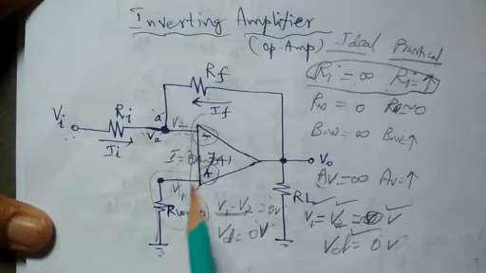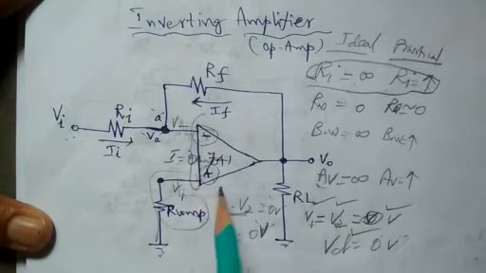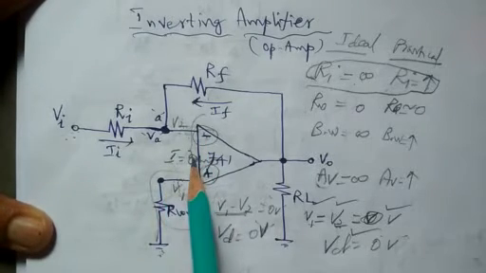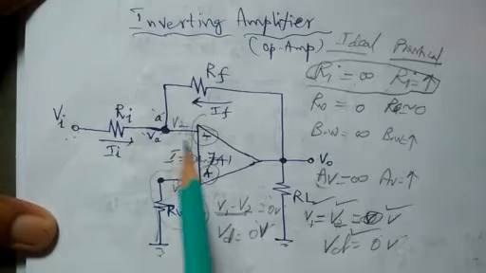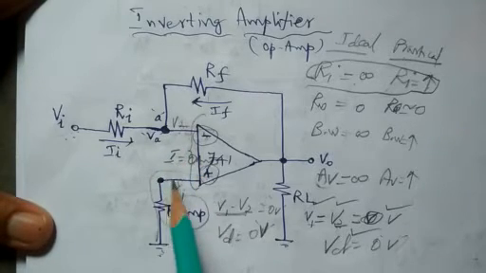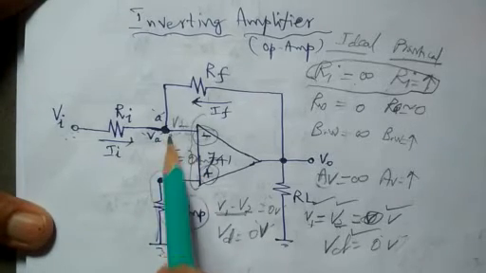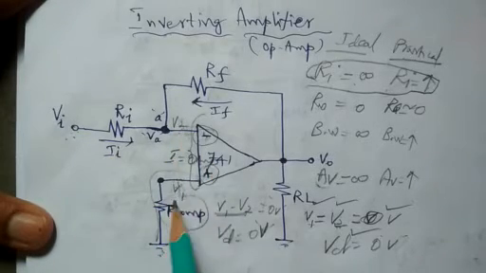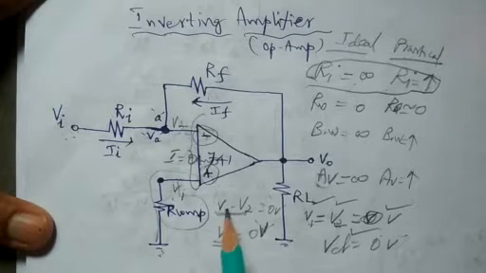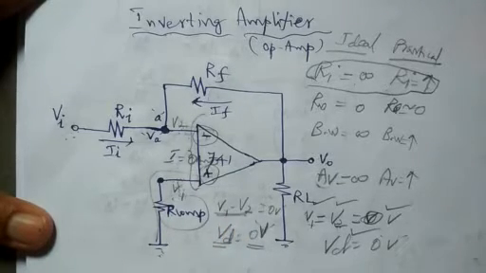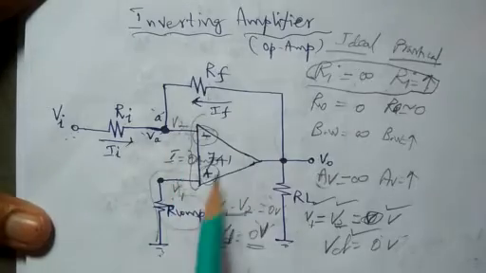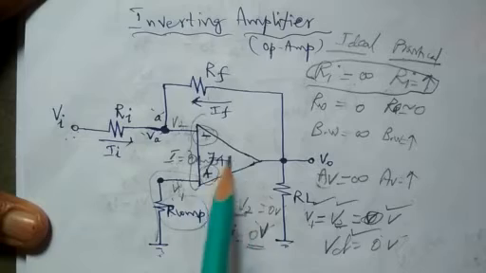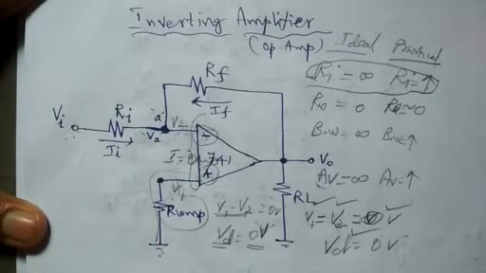So you have to keep these three things in mind. The op-amp's input impedance is very high. Because of this, the current at the input side is 0 amps. And because the current is 0 amps, the potential difference between the two input terminals, V1 and V2, must be 0 volt, or Vd, the difference between V1 and V2, is 0 volt. By considering these three things, we have to solve the current equation and output equation for this inverting amplifier.